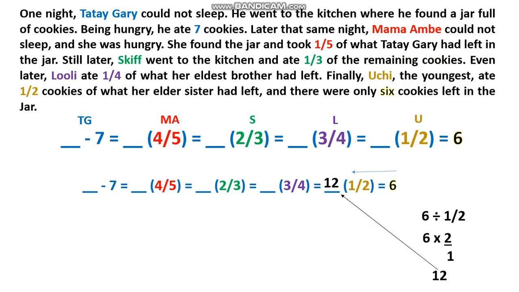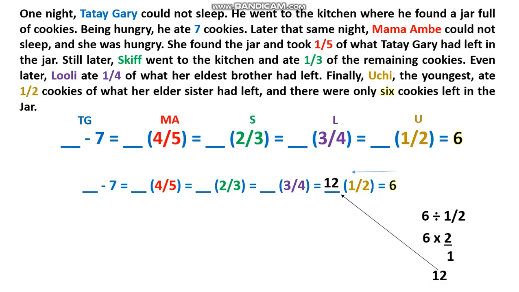Para malaman nating tama yung sagot, kung 12 yung laman ng jar at kinain ni Uchi ang kalahati, so kaya may kalahati pang natitira. So kinain ni Uchi yung 6, kaya may 6 pa rin natitira. Tama ba? Okay, as we continue, from that 12, nanggaling naman siya sa division ulit, galing sa unknown times, multiplication rather,